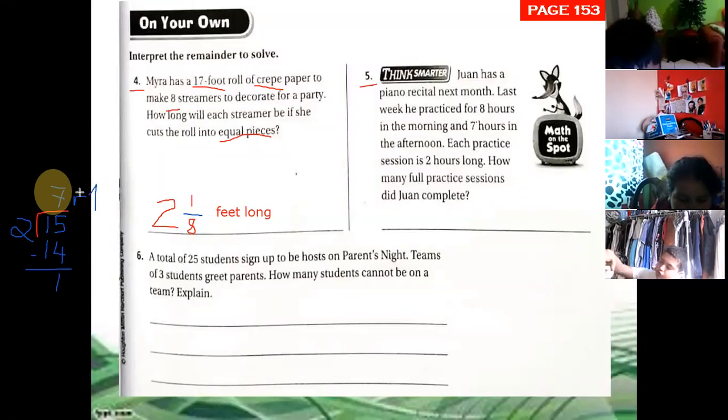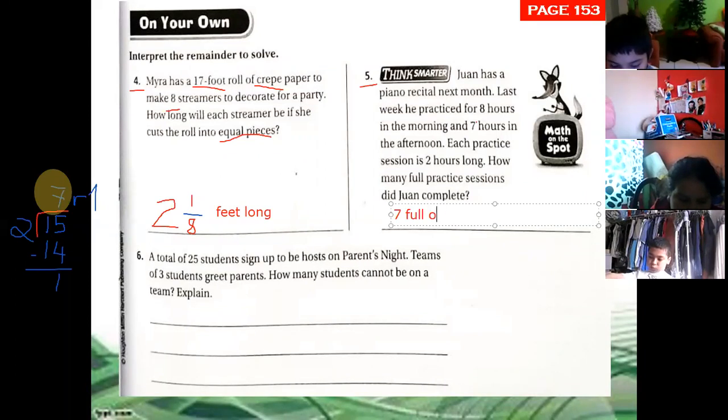But sometimes divisions are not exact and have a remainder like this. It depends on the question. We need to know how to interpret the quotient, or how to use the quotient and the remainder. In this case, the question is asking us for full practice sessions. Full means complete. We don't need the remainder. So the answer is 7 full